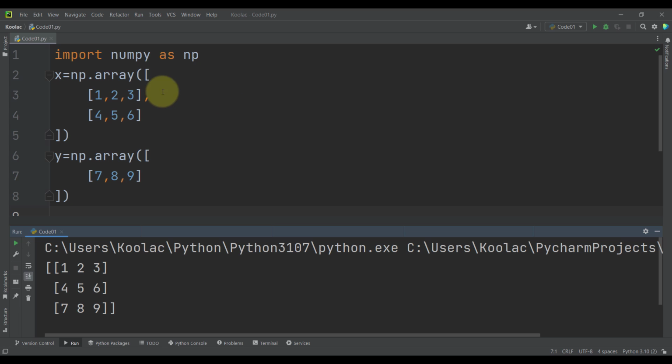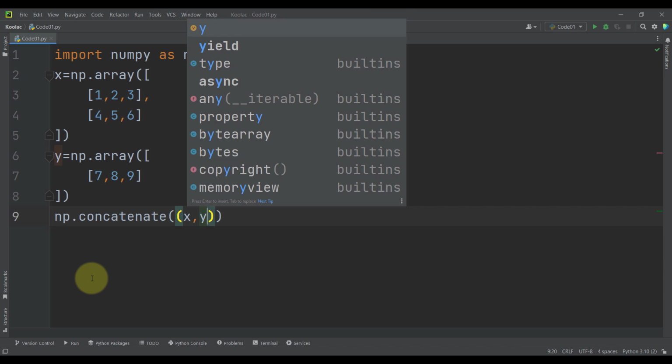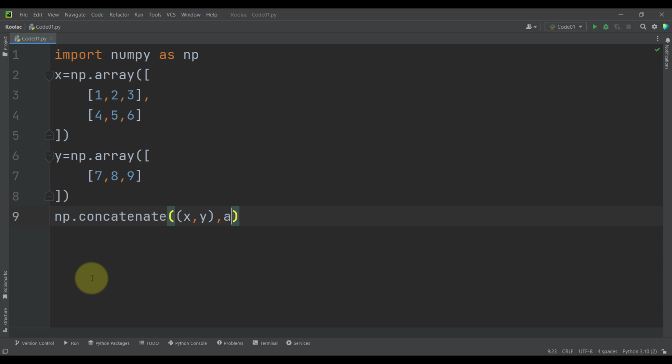So as you can see here, we have defined a 2x3 matrix, and also here we have defined a 1x3 matrix. As a matter of fact, this is a row vector. And suppose that I want to add this row to this matrix and build something like this. That's very easy. In order to do so, I can simply type np.concatenate because I want to concatenate these two arrays. And I can pass them in a tuple. So I want to concatenate x and y, and I should pass